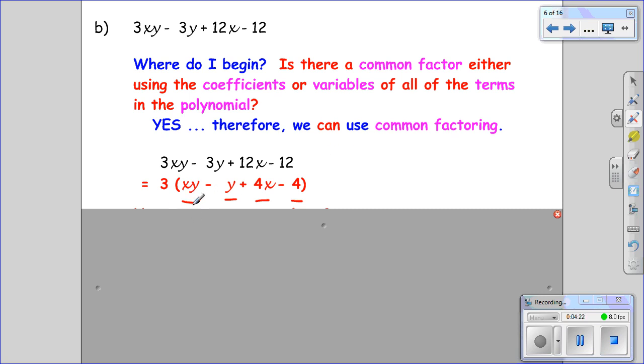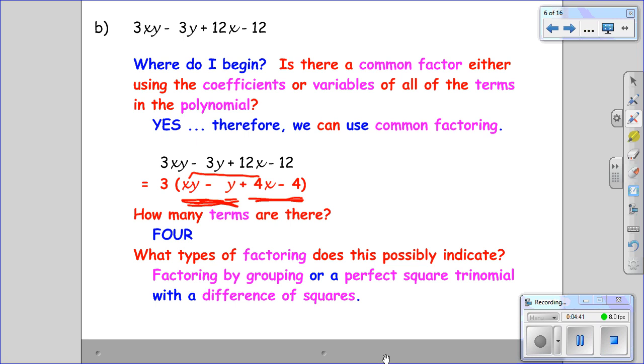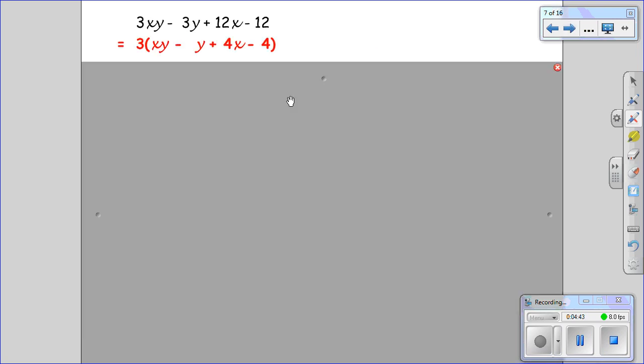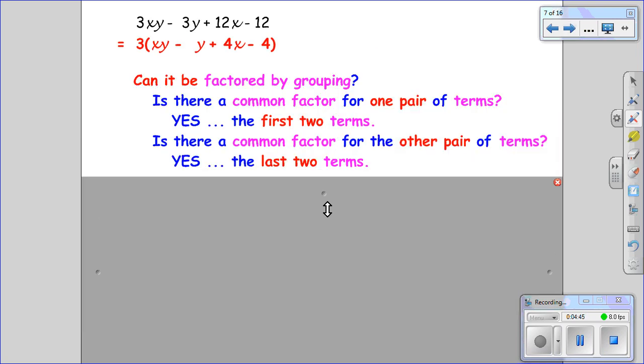Well, if I look, these 2 have a y in common. These 2 have a 4. Also, I can look and say these 2 have an x in common, but those 2 don't have anything. So I'm going to go with the first 2 I saw, and I'm going to factor the y out of the first 2 and the 4 out of the second 2. So when I do that,